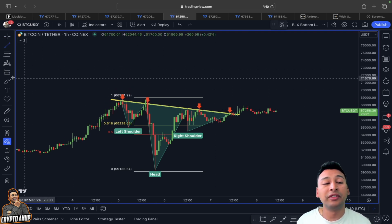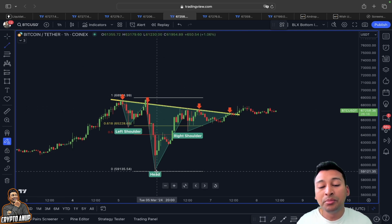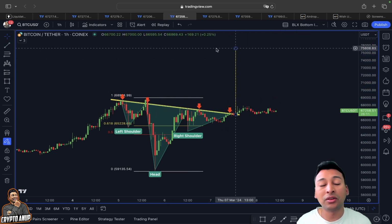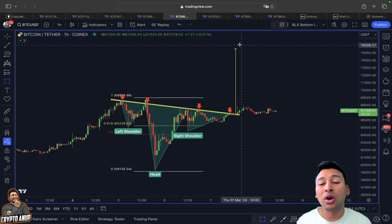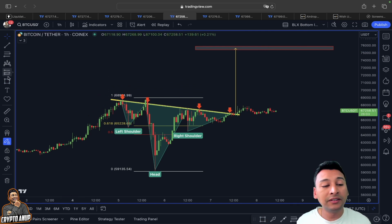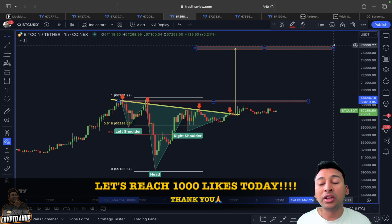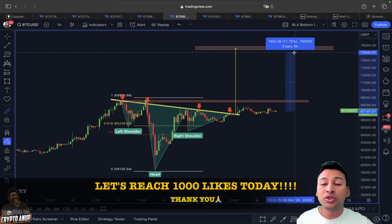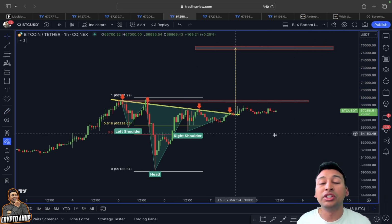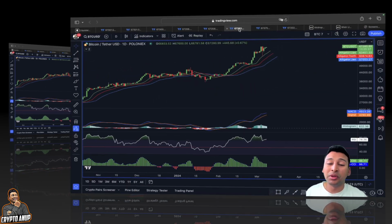Once that resistance gets flipped into support, you can see even this inverted head and shoulder will play out perfectly with price objective. You can see according to this inverted head and shoulder, the price objective sits around 76,000 range. So if the price of Bitcoin breaks out of this 69,000, then you can see we are expecting this trend to head to a 76,000 range, which will be a move of 12 to 13%. So this could be another very bullish move once we overcome the resistance around 69,000 into support, because we know